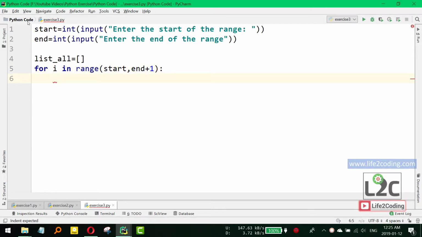Okay, and now we need to check whether it is divisible by 2 and not a multiple of 4. So how can we do that? We can use the if condition. If the number, that is i, is divisible by 2, that is i modulus 2 is equal to 0, and i is not a multiple of 4, that is i modulus 4 is not equal to 0. So that's the condition. If it's satisfied, we need to take the number and append it to our list. So append i,